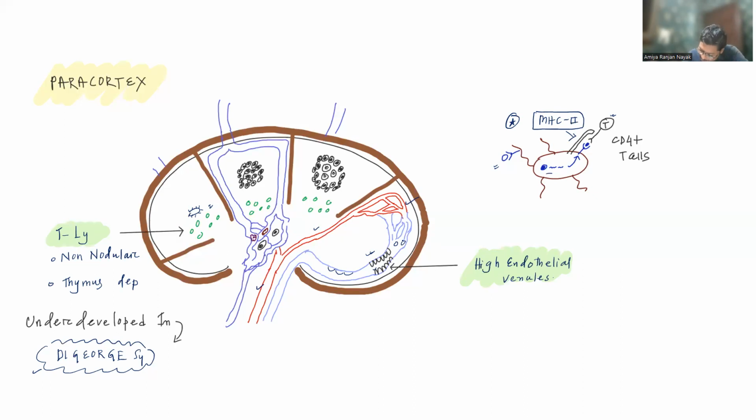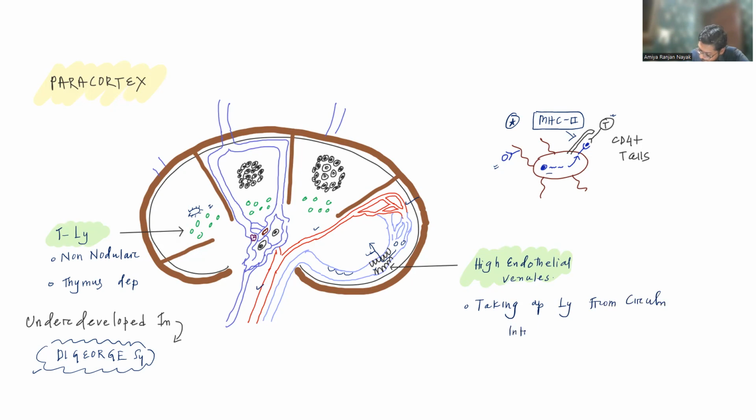These lymphocytes can be taken up by these endothelial cells and thrown into the lymph nodes. So high endothelial venules help in taking up lymphocytes from the circulation